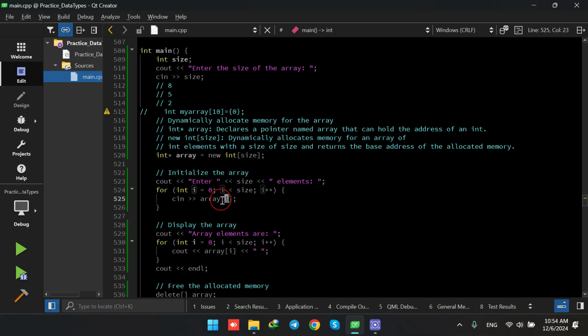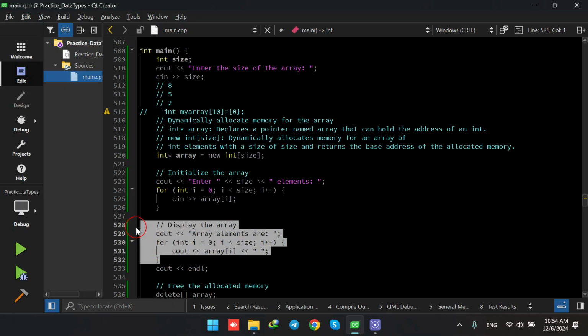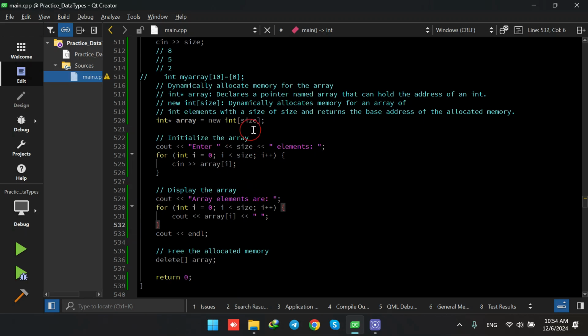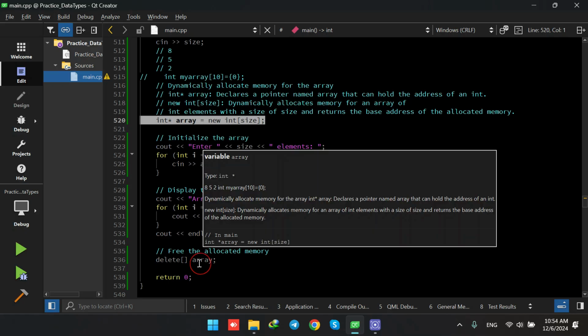So when i equals 0, it is going to store whatever the user is entering in the first element, then the second element, then the third element. And here we are simply displaying whatever the user chose for the array. And finally, when we are declaring a dynamic array, we need to make sure, in order to